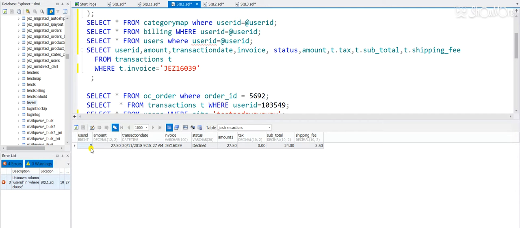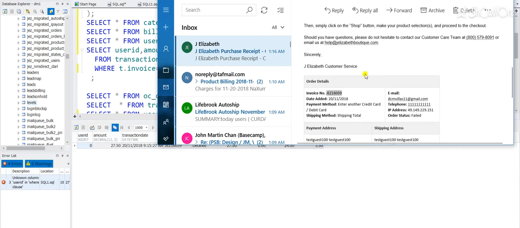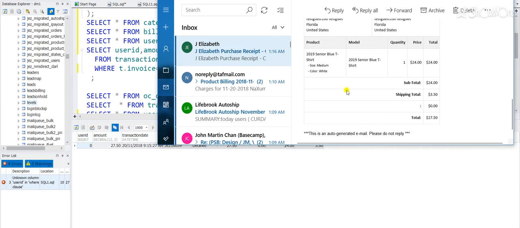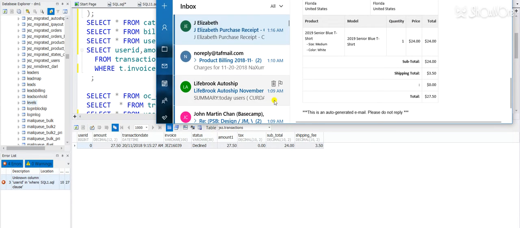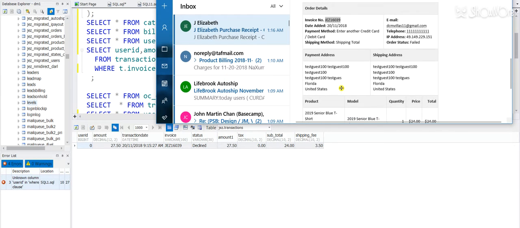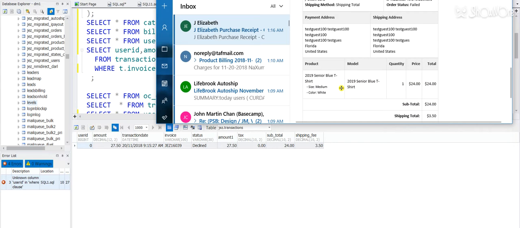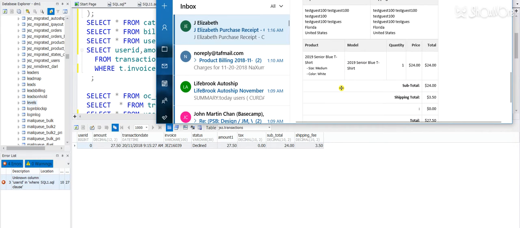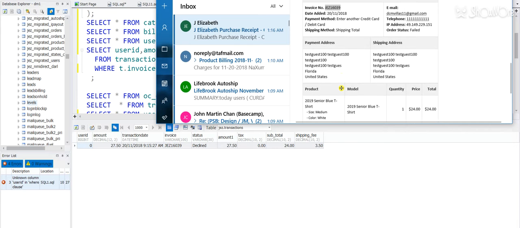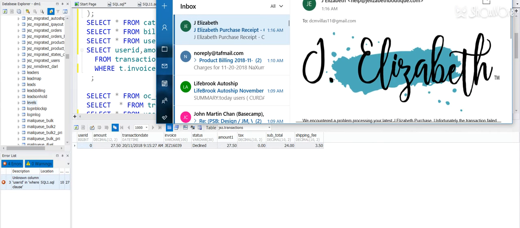Since this is a declined guest transaction, user ID is 0 and user is not saved in our system, and then total amount is 27.50. Tax is 0, and then subtotal is 24. Shipping fee is 350. Okay, and then